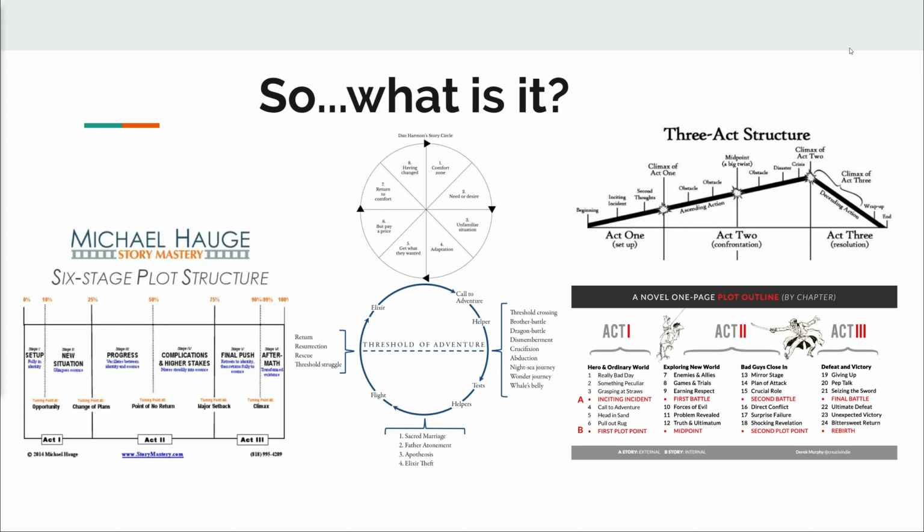Let's continue. So, story structure, what is it? Great question. If you Google it and go to the image results, you're going to find a whole bunch of different charts and graphs made by different individuals. My honest opinion is that every year it feels like somebody's trying to reinvent the story structure wheel. And with good reason, because as you progress in your experience as a writer, you are going to find what works for you and what doesn't, and you're going to want to share that knowledge with other individuals. So sometimes it's going to look like something you see up on the screen, and sometimes it's not. But I can break down what story structure is in one sentence: it is beats that people expect from your story.